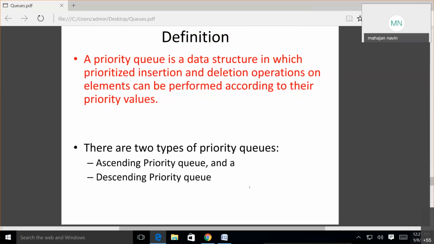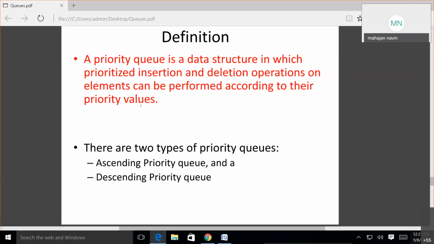Then why is priority given? A priority queue is a data structure in which prioritized insertion and deletion operations on elements can be performed according to their priority values. Now there are many ways in which you can implement it.